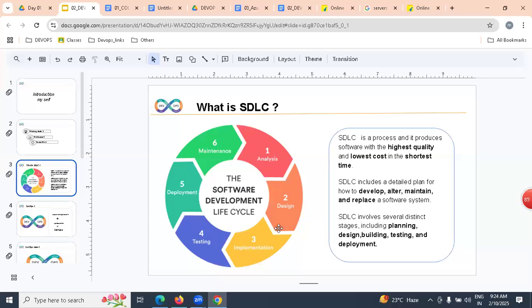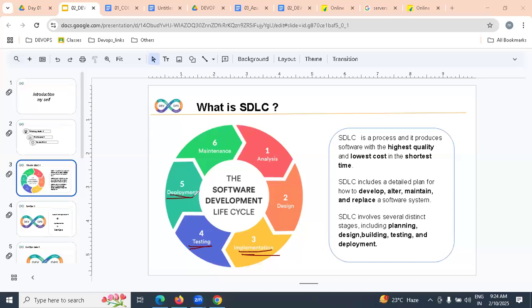So based on gathering information, it will be analysis. Based on analysis, our architects will be in design. Design is nothing but what? Plan. According to the plan, our developers will implement the lines of code by using Java, .NET, Python. Once it is implemented, whether it is working or not, our testers will verify. Once it is verified, as a DevOps engineer, we are going to be placing it on hundreds of servers.